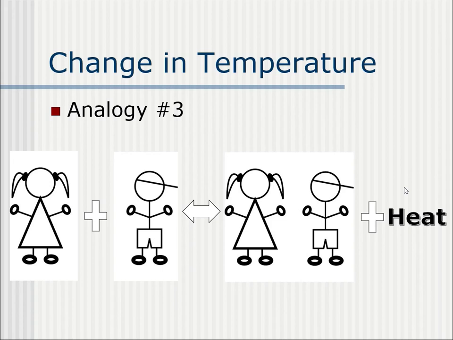Now, here's the difference. We're not adding or removing any reactants or products. So in this situation, our K value, our KEQ, our KP, our KC, whatever, is going to change. If the system shifts towards the right, the K value is going to increase. If it shifts towards the left, the K value is going to decrease. Remember, it's products over reactants. If you make more products and less reactants, shifting towards the right, that is going to increase your K value.